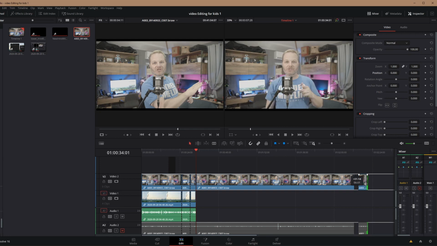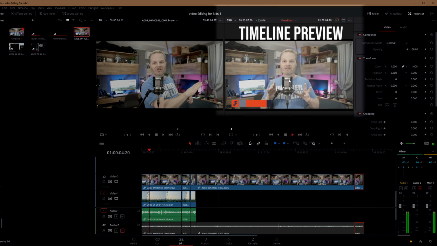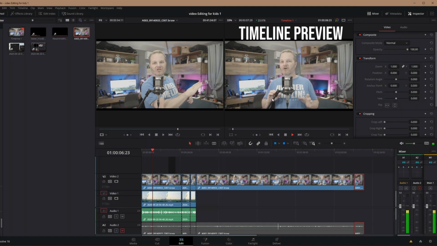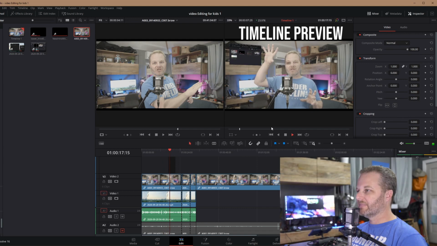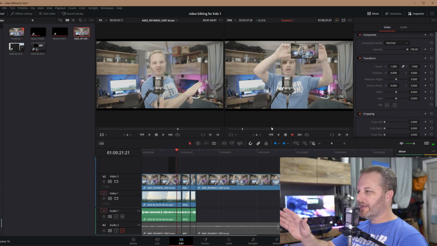With the items in the clip area here, I can play back using the play button right here. And this is going to play back here in my preview window for my timeline. This preview just shows me everything that I've built, and you'll see I've put in some effects that you saw in the intro, and the effects are moving graphics over the top of the footage that I'm recording. There we go. This stuff is something we'll cover in a future episode, but right now we're just going to